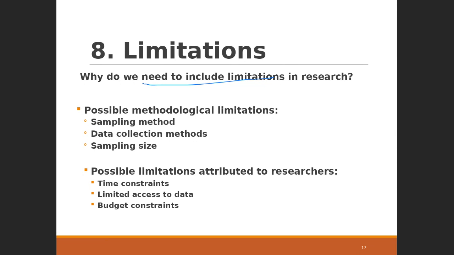Furthermore, pointing out study limitations shows that you have considered the impact of research weakness thoroughly and have an in depth understanding of your research topic. So, since all studies face limitations, being honest about it and telling about your limitations will do good for your research report. So there can be two sources of limitations: the methodological limitations and the limitations attributed to the researchers. The methodological limitations could be about your sampling method,